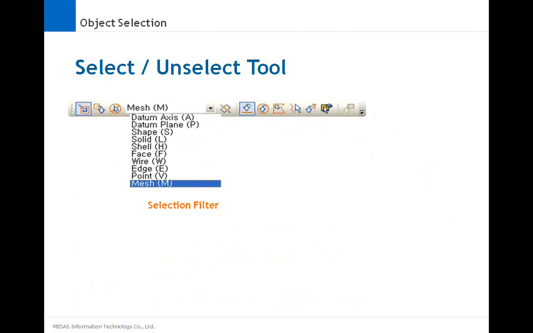And this is very important when a single solid has many other elements in it, by which I mean a solid is composed of shells, composed of faces, composed of several wires, composed of edges, composed of points. So when you want a specific selection, say you want to select a solid, you can just set the selection filter, and this will make the selection of your